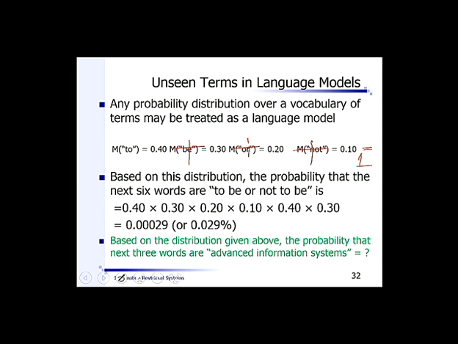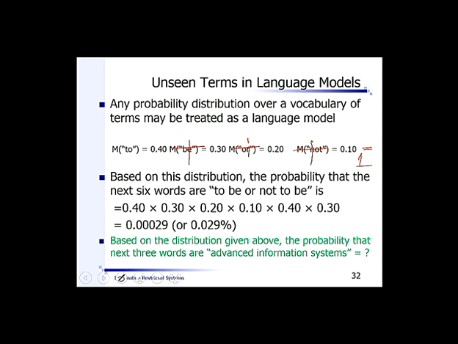Of course, if you are making a language model on an existing text, it will always be 1. It can never be more or less than 1. But if you are making your own language model, you have to make sure that it always adds up to 1, right? Now based on this, let's say I have made this model which contains only 4 terms, "to", "be",